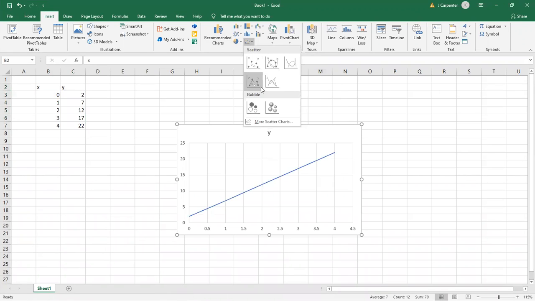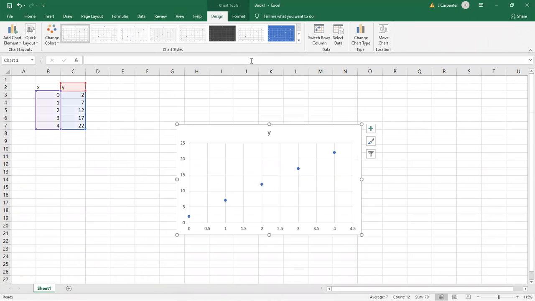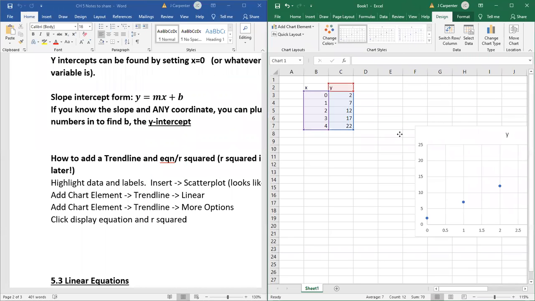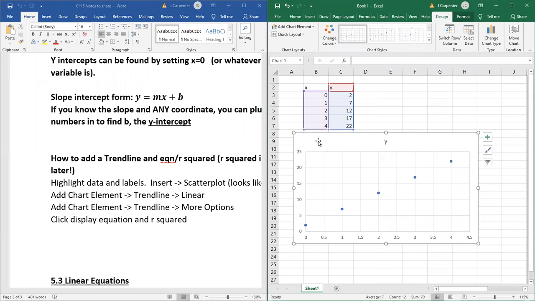You don't want to do any of this weird stuff. And you might say, well, why wouldn't you want the one that's already connected? Because this is going to connect them perfectly, and models don't always connect perfectly, as we'll start noticing. All right, so there we go. We've got our chart, and we just kind of squeeze that over there. Then we say to put in the line, you go to add chart element, trend line, linear. Make sure you're taking these notes down.